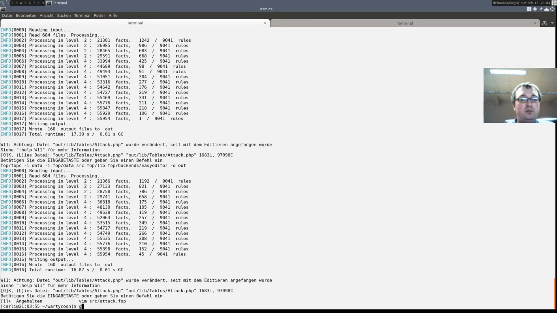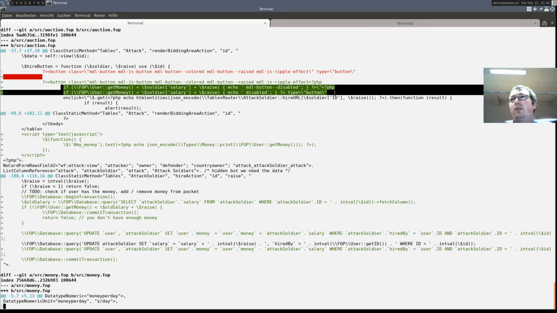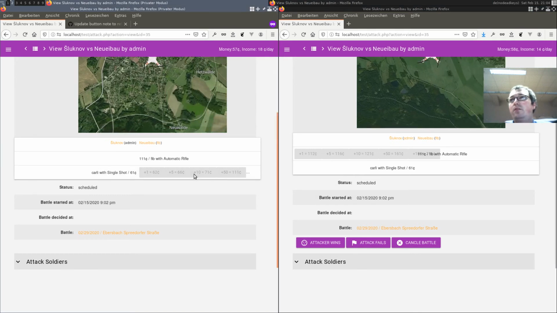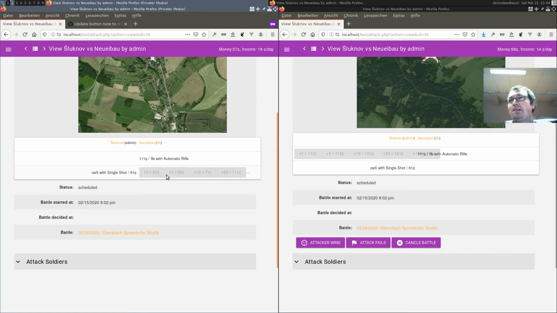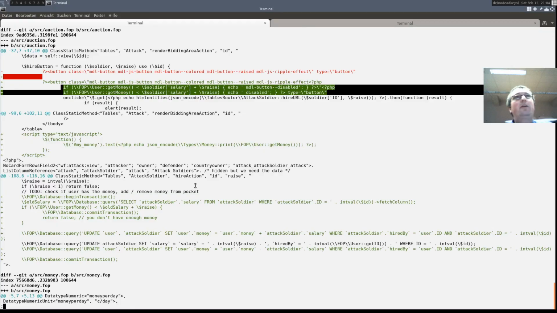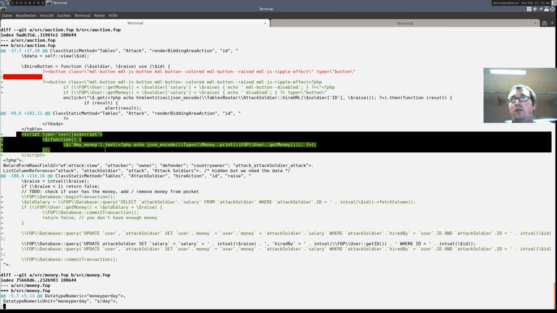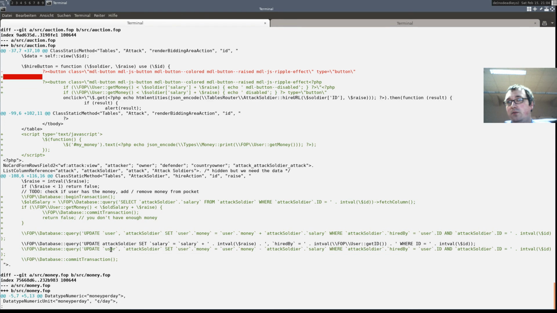So what did we do? We added a small disabled button. I just test if I can click on this. No, I can't. Then I can. Then updating the soldier list also updates our money. And then we have refund and reown.